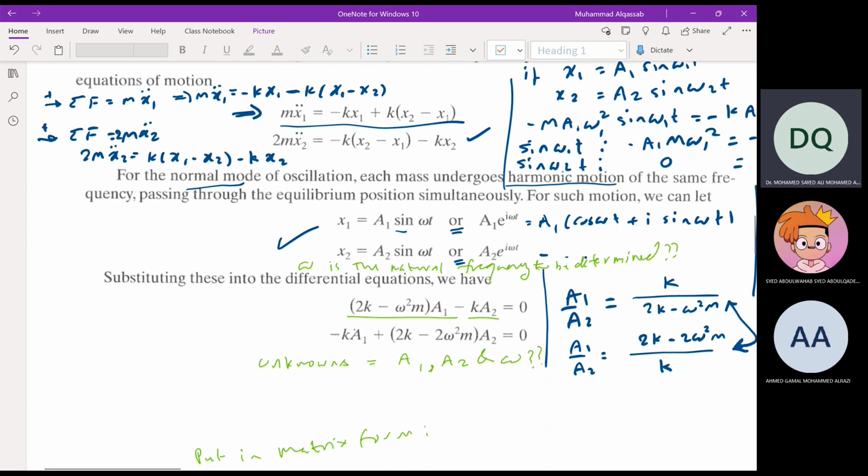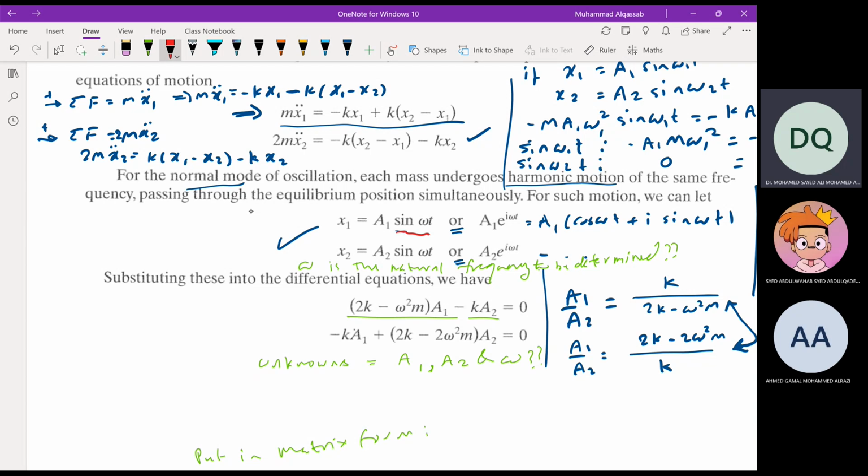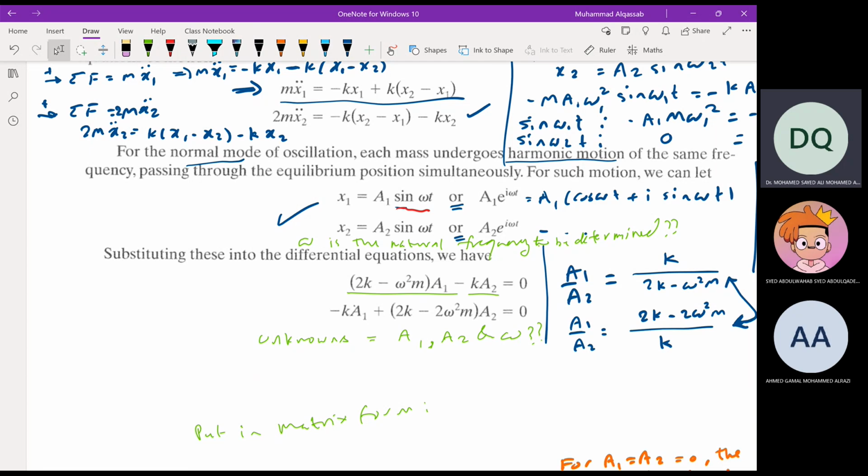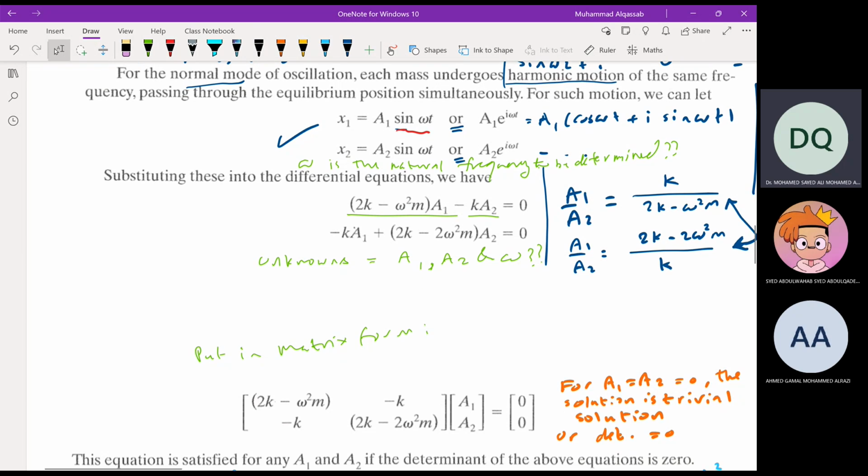And the solution is assumed to be harmonic, with each mass oscillating with different amplitude, but the frequency is the same. So x1 equal to a1 sine omega t, and x2 equal to a2 sine omega t. So they have different amplitude, but the frequency is the same. Then we substitute this assumed solution in the differential equations, and we get 2 algebraic equations